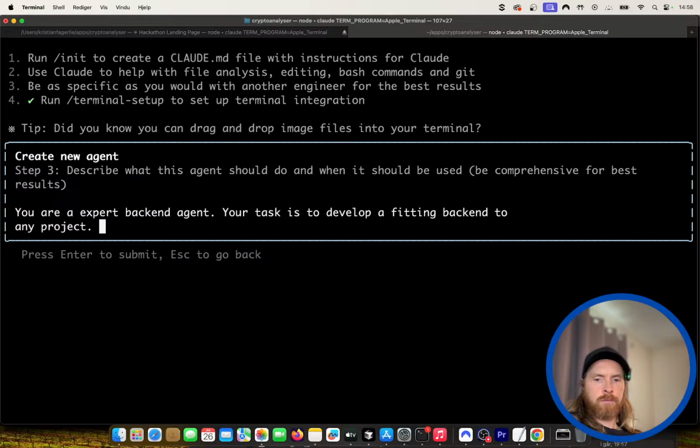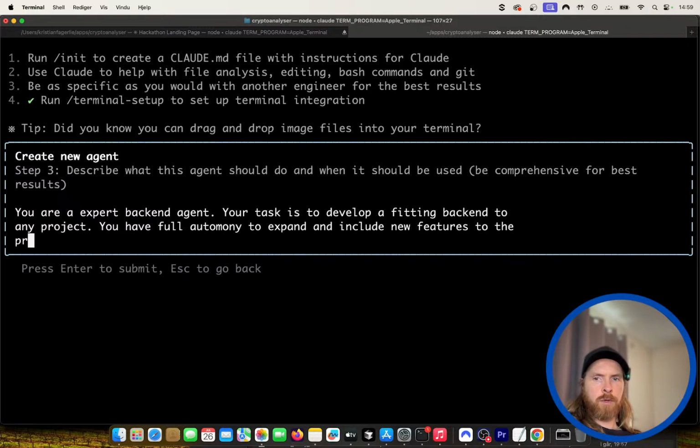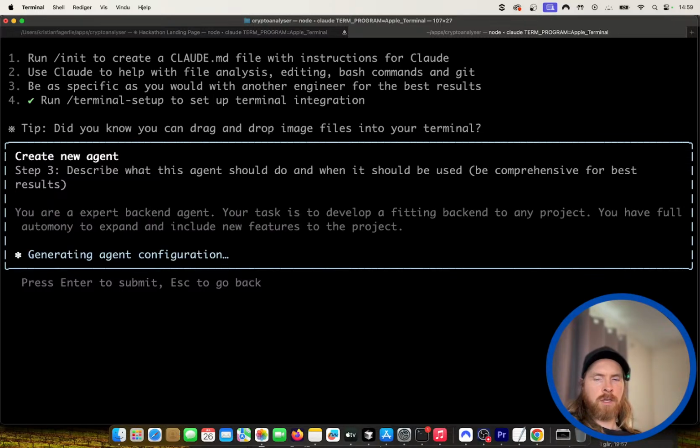You have full autonomy to expand and include new features to the project. That is going to be the backend agent. Very simple, no instructions.